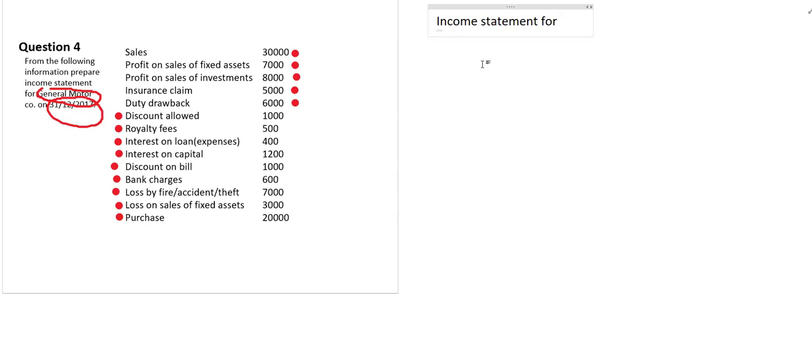Income statement for General Motors. General Motors Limited, for which date? On 31st December